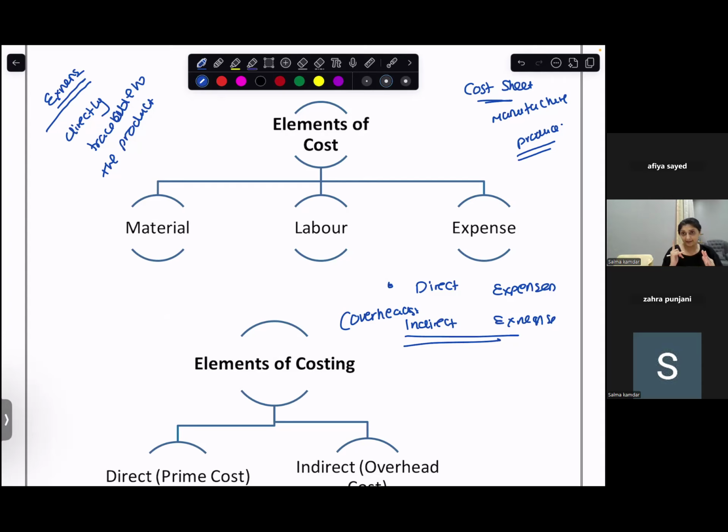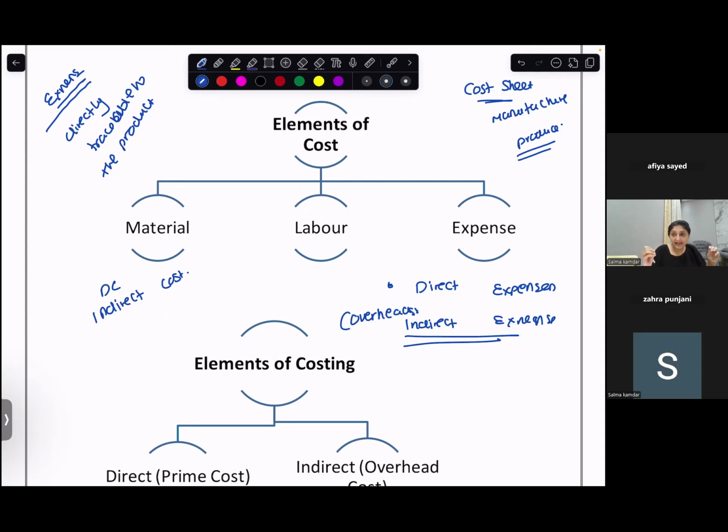But if it is a cleaner who's going to clean the premises, that would be which labor? Indirect labor. So when I prepare a cost sheet, my agenda would be to write all the direct costs and all the indirect costs. Indirect cost is called what? Overheads. The indirect costs are called overheads. Here we are not telling that it is factory overheads. Right now I am telling indirect costs. Whenever indirect comes, it is overheads.